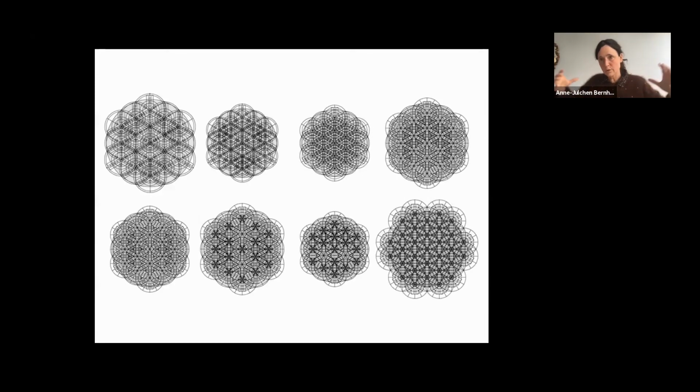And therefore, we extended them to around 2,000 square meters. And yeah, we called them snowflakes, obviously.